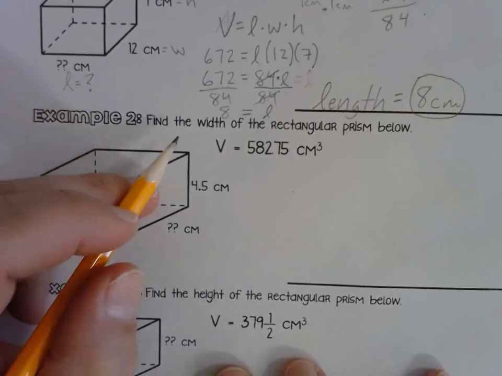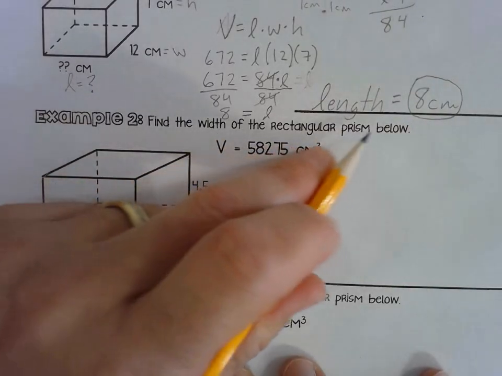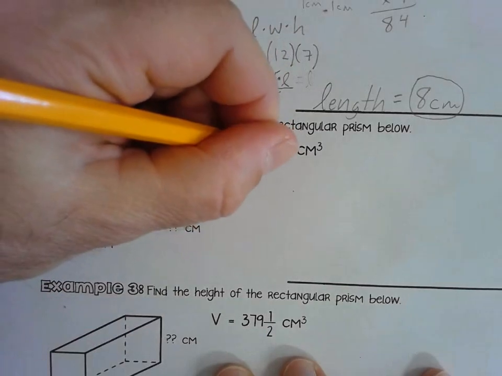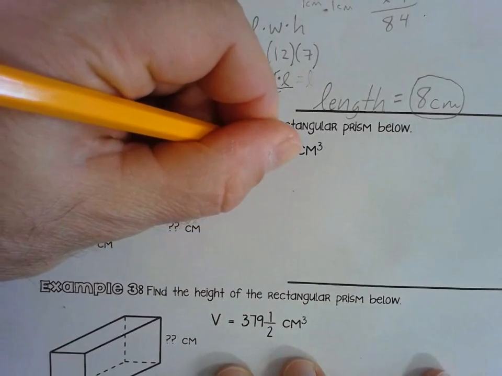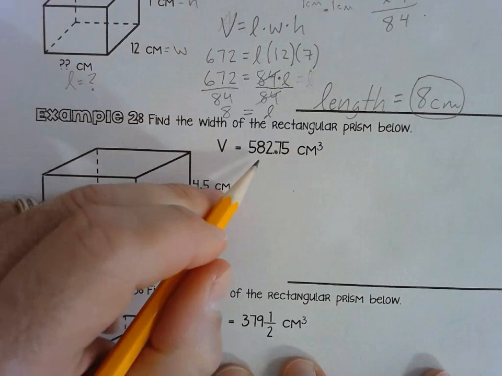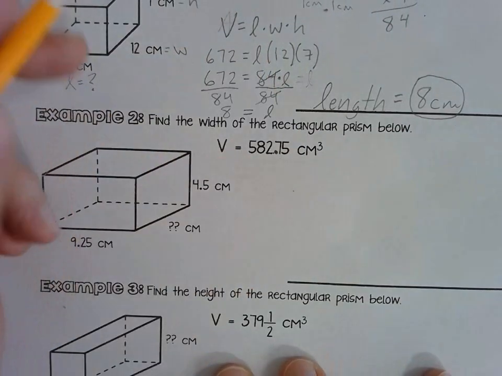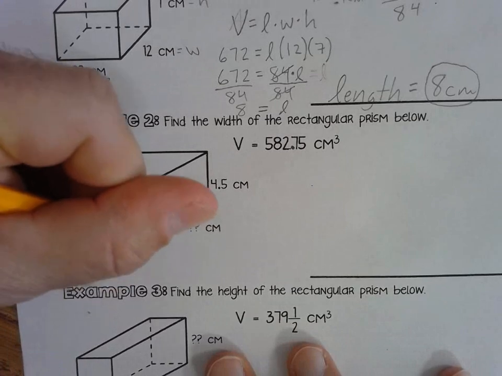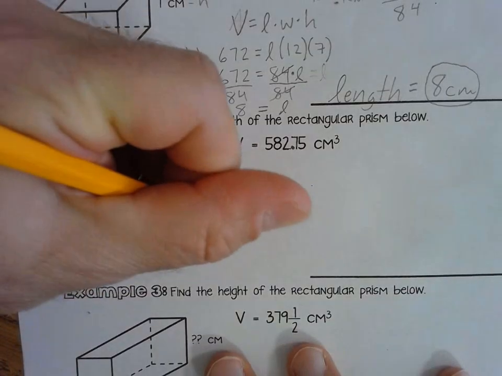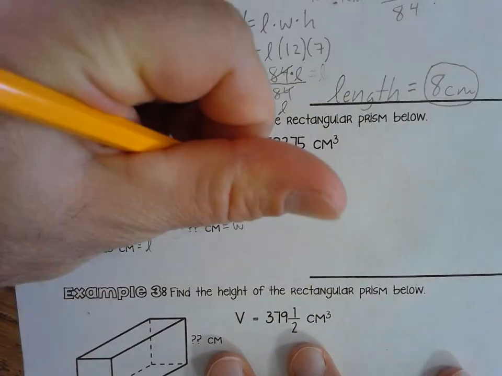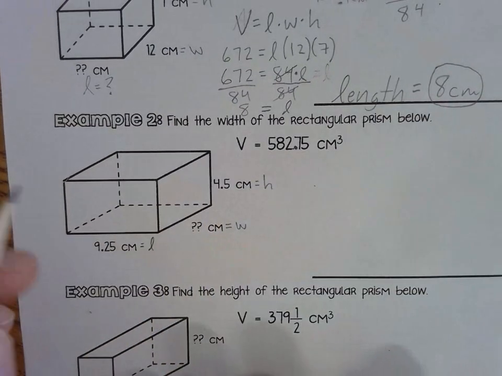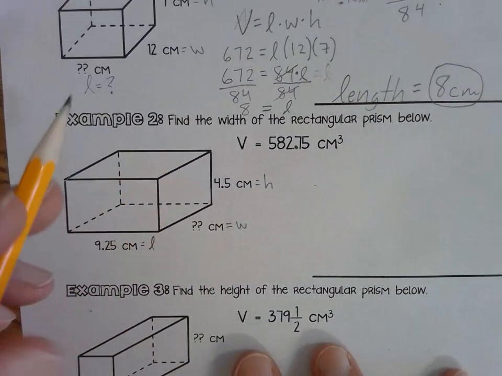Let's look at example 2. Find the width of the rectangular prism below. Once again, they give you the volume. Okay? And you can't really see the decimal there, but it's 582.75. Okay? So here is my length. Okay, so we're dealing with some decimals here. Don't let that throw you off. It's just decimals. Okay? So once again,